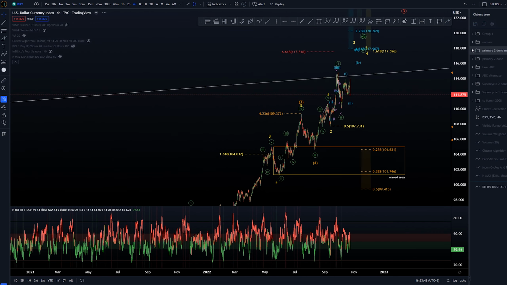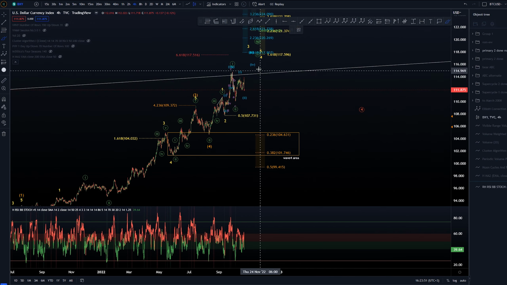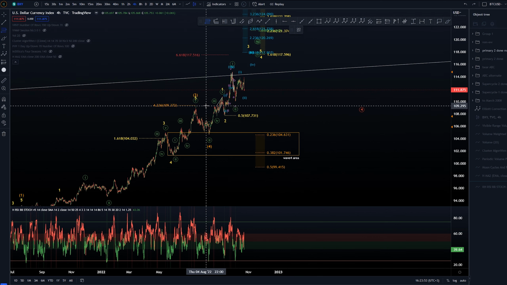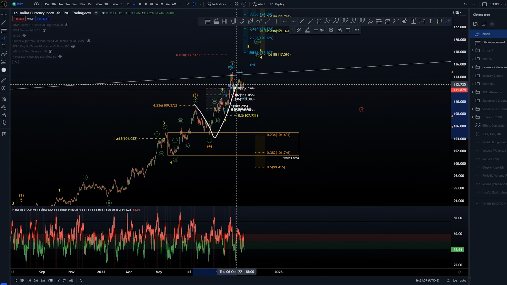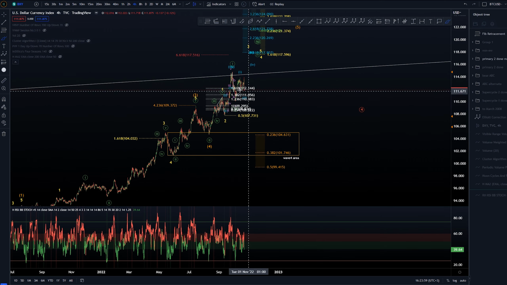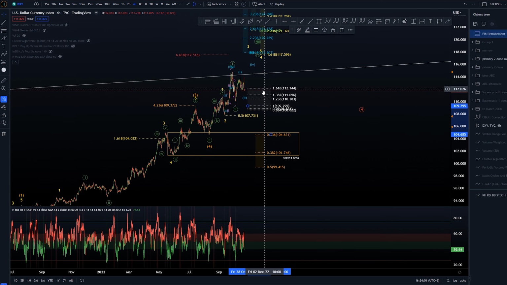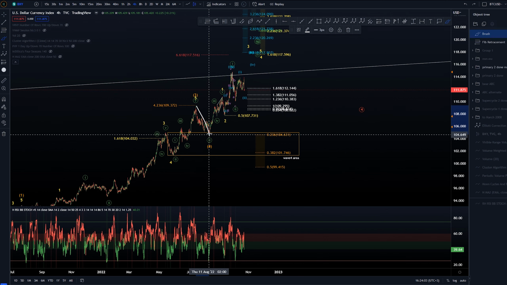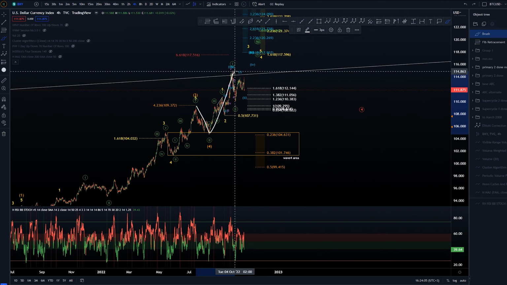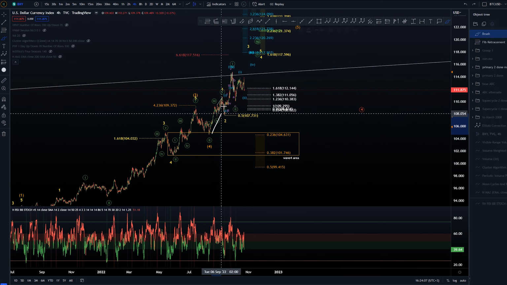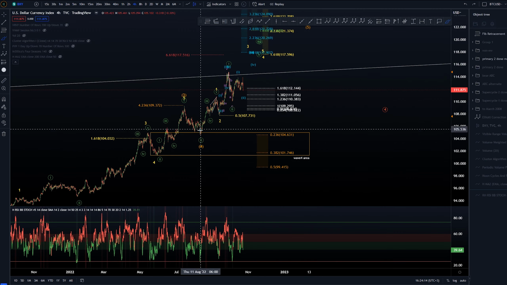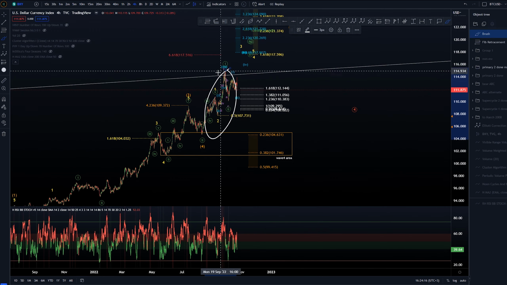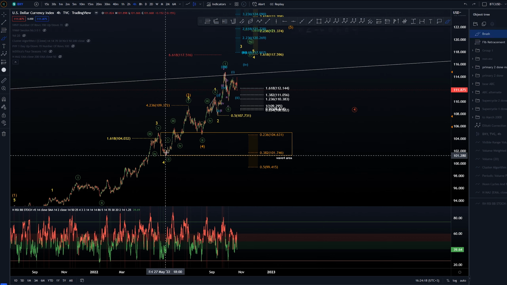But at the moment I just can't see a scenario in which this would be a wave 4. I can't really get anything here being an ABC, because again we went through the 1.618 here, and I don't allow the B wave to go beyond the 1.618. So I do think that we have to have this as some kind of new structure, unless of course this structure here is part of something before. For example, this one,